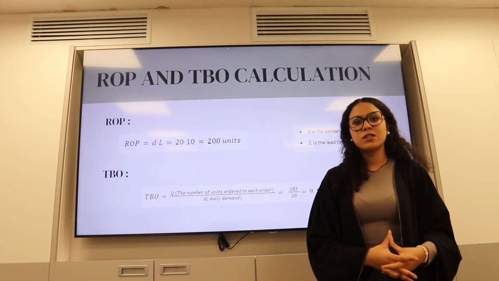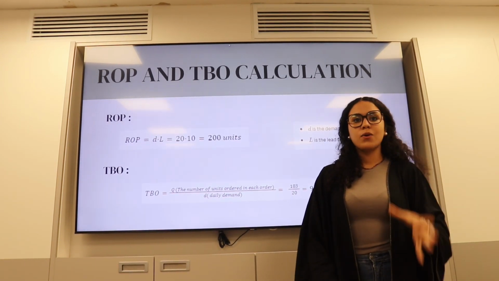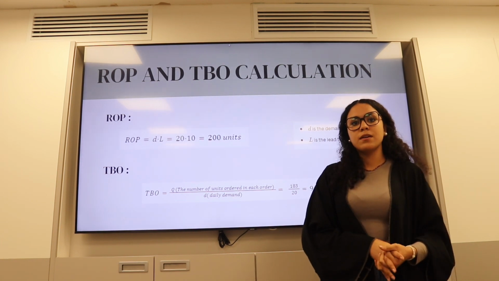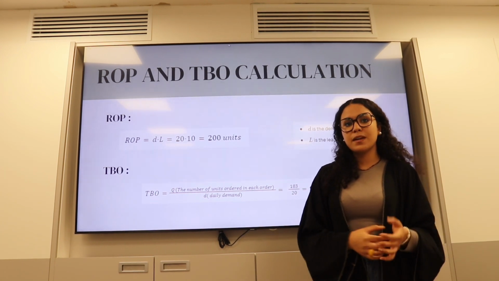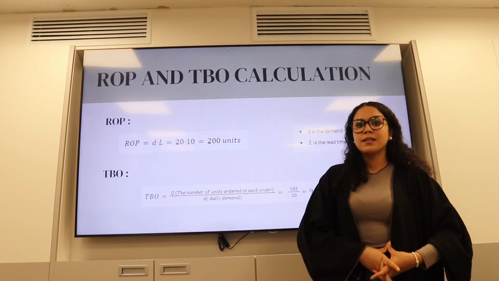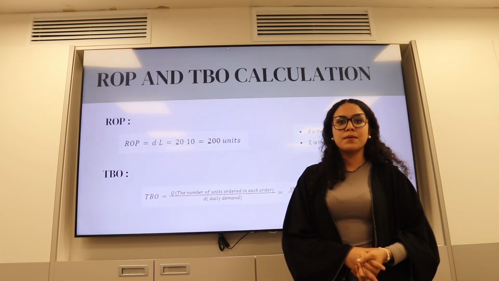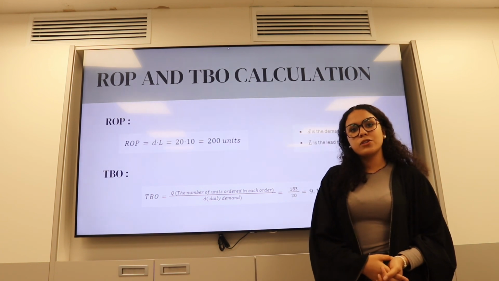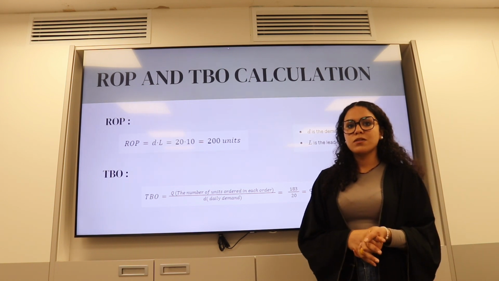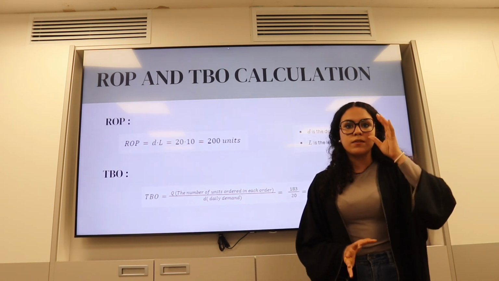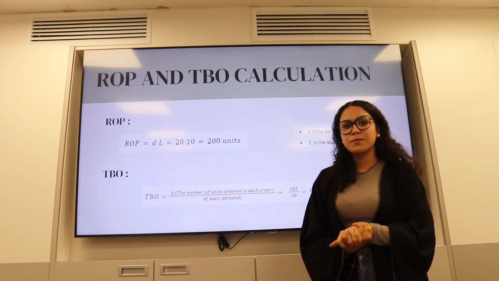By defining these concepts, we establish a solid foundation for accurately calculating the TBO and ROP, enabling us to make informed decisions regarding inventory management and procurement timelines. These metrics play a pivotal role in maintaining seamless supply chain operations, minimizing stockouts, and optimizing inventory holding costs, ultimately contributing to the overall efficiency and profitability